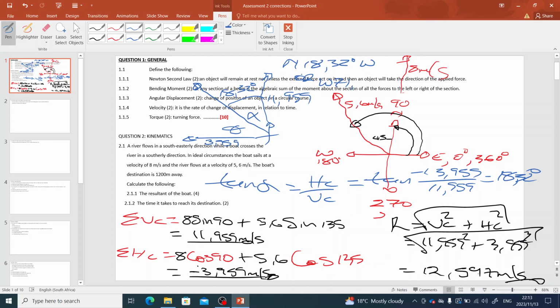Or you can say west as your reference point. It is 71 comma, as we've calculated, 71 comma 681 north. Whether you've used the vector or the cosine method, your answer was supposed to be the same